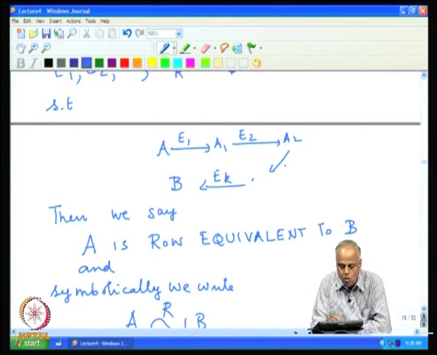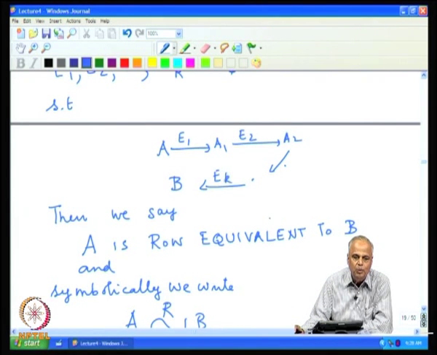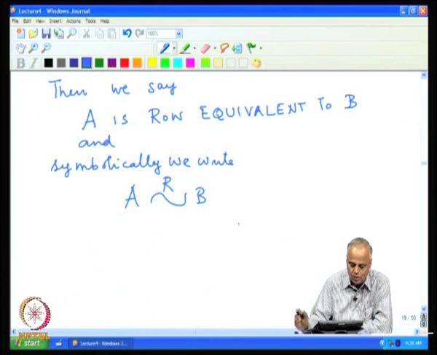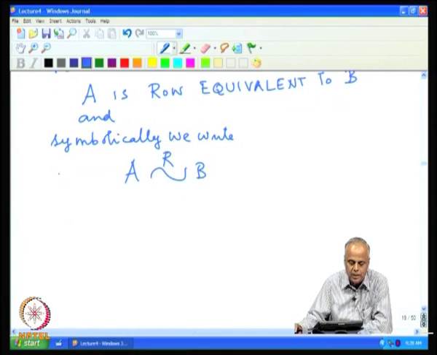We can move step by step from A, applying one elementary row operation at each step to finally reach the goal B. Now, each step is an elementary row operation, and we have seen that each elementary row operation is invertible, and therefore, we can reverse each step and go back from B to A purely by a sequence of elementary row operations. So, we will now apply all these together and observe the following properties.